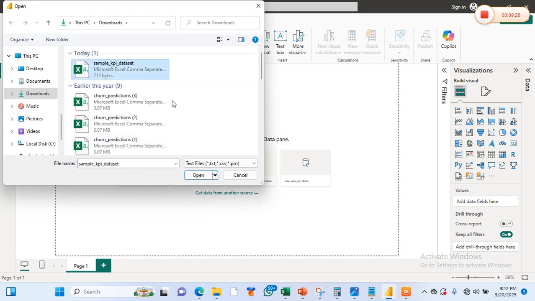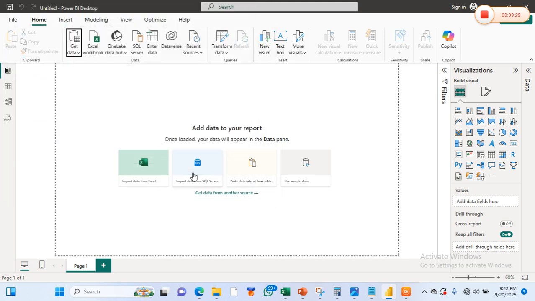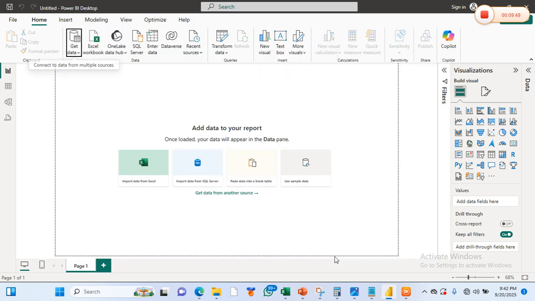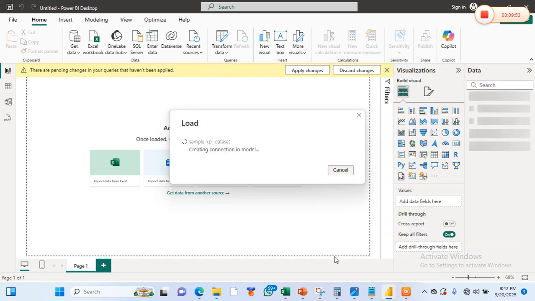So let me just import my data. This is a very short data set that I put together myself, right? And we are not going to do any data cleaning because it's simple data. So no need for any data cleaning at all.